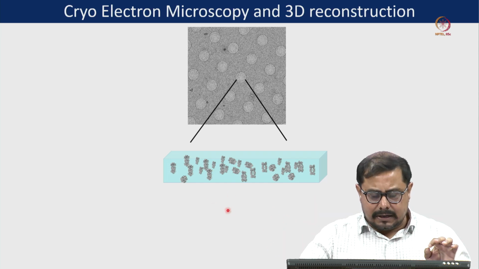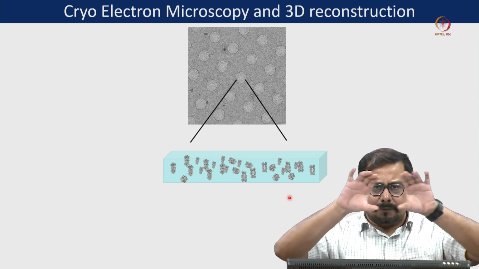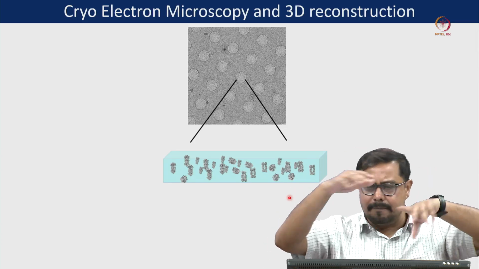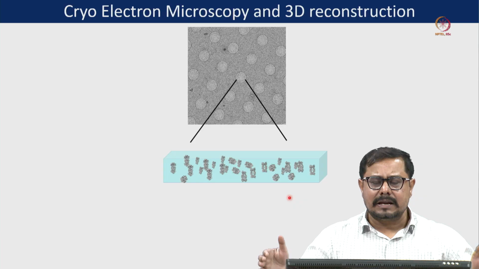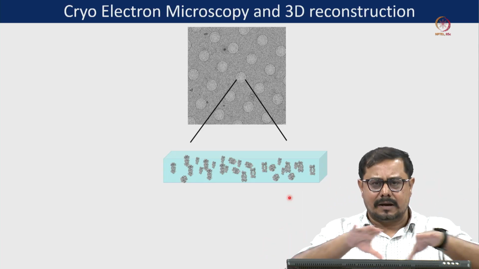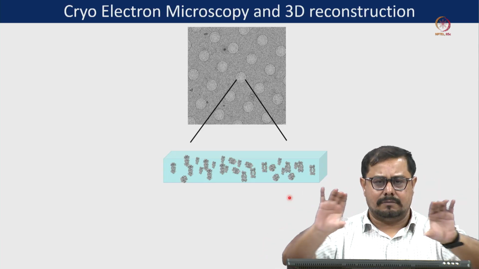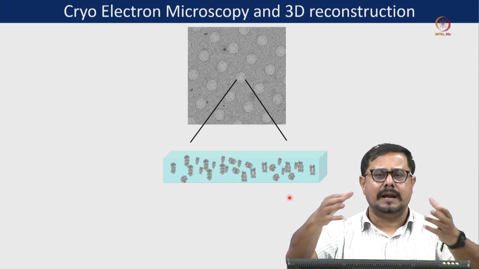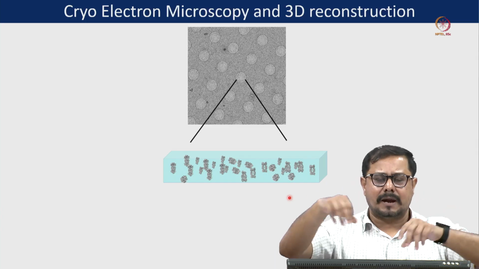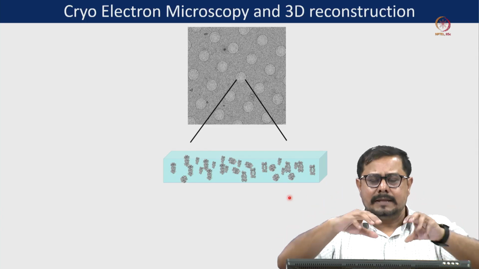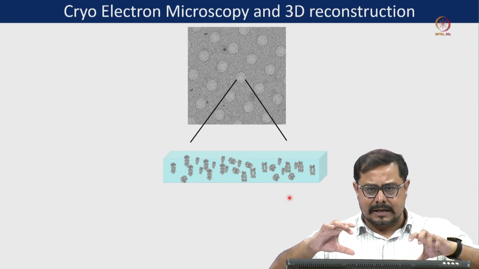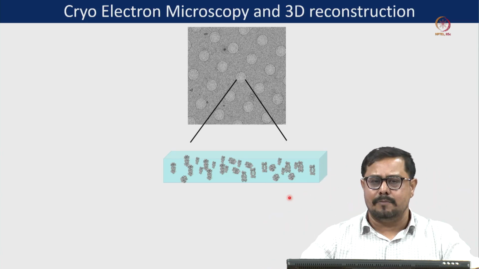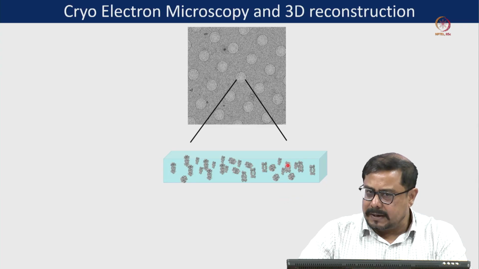Now in this particular case, you look at that, okay, there is amorphous ice and protein is embedded at different orientations. Just consider that we are baking a cake. Initially, this is the liquid layer, then we put in some nuts, and when it is baking, the nuts have different orientations within it. So it will not be a fixed orientation anymore. Here we are expecting the same thing.